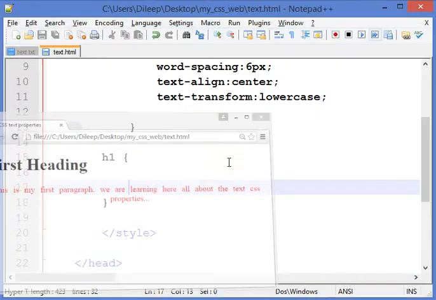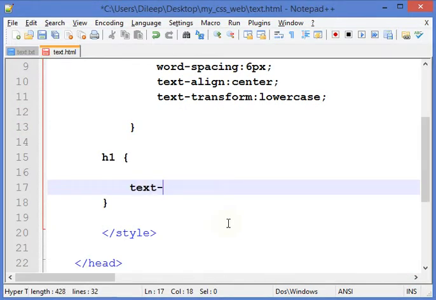How will I do it? I will use the text shadow property, and the text shadow property will take 4 values here. The first one is the horizontal shadow, and this value will be in pixels. Suppose I want to set the horizontal shadow at 5 pixels, and then the vertical shadow again 5 pixels, then a space, all the values will be put after giving one space.